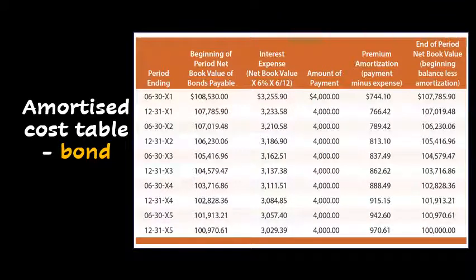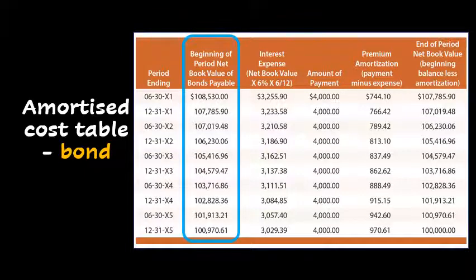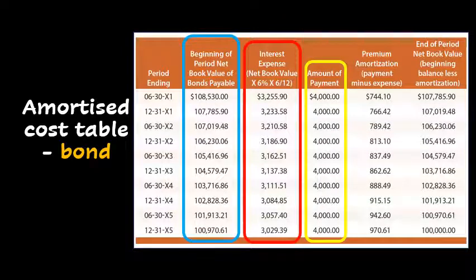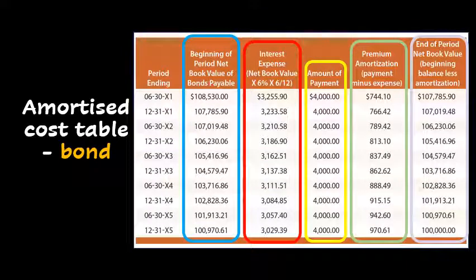This is another amortized cost table, but this time it is for a bond. You can see a similar pattern here. You see the beginning amount, then cash payments every period. Within this payment, part of it is interest, and part of it is payment for the principal amount. And we can see that the initial cost or value is being amortized throughout the period, from the initial value or cost at